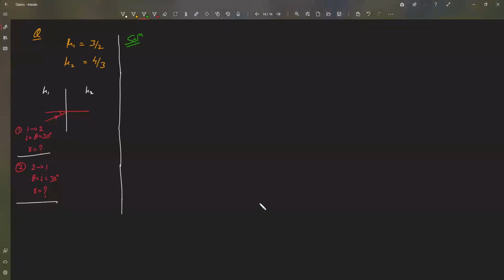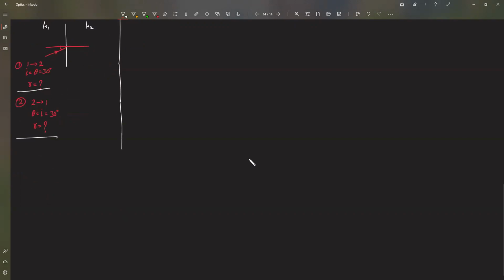Is it sine inverse of 4/9? Refractive index is already given. Sorry. Angle of refraction, in both the cases, you will get the same angle of refraction. That's what I'm thinking. I think you are confusing sine i with the principle of reversibility which we have studied. Anyways, let's clear that concept first. Then we'll go to this question again, because I think that is the confusion here.